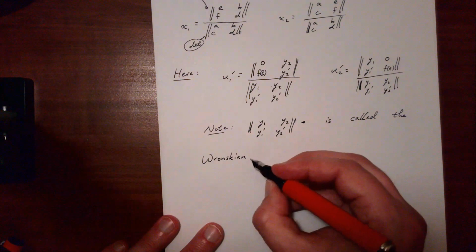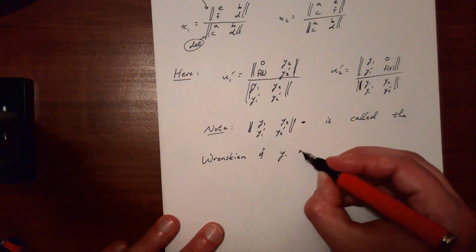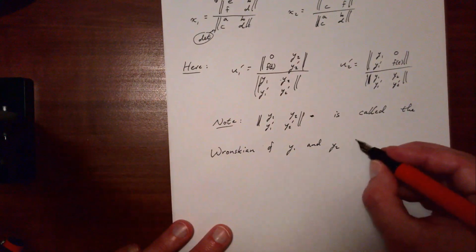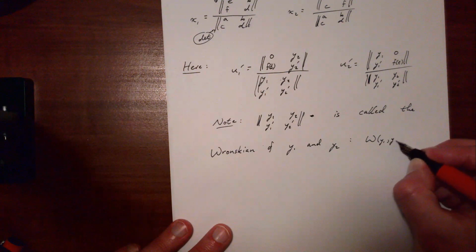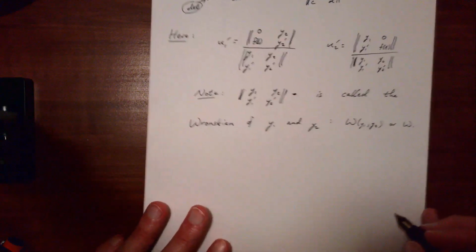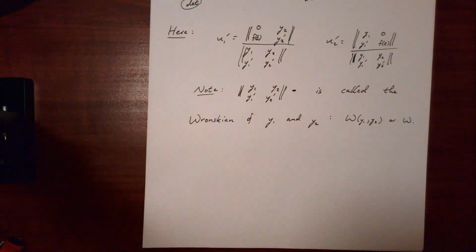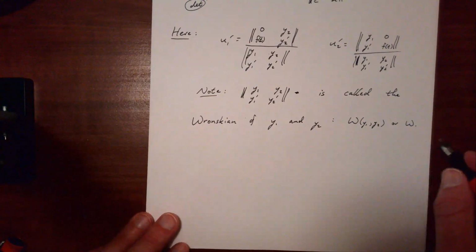The Wronskian of y1 and y2. So in other words, W(y1, y2), or just W. It has a special name after a mathematician, Wronski, who was the first to name it and put it to use. And so then, what that means is,